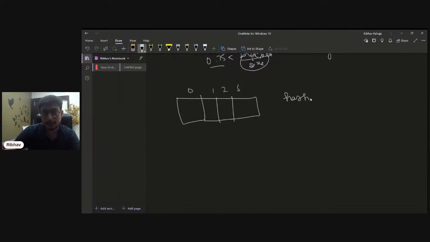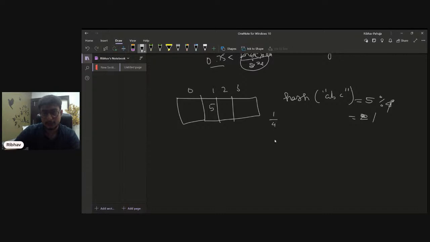I got the hash of ABC as, let's say, 5. Then mod 4 becomes 1, so I'll place it at index 1. The current load factor is 1 by 4.